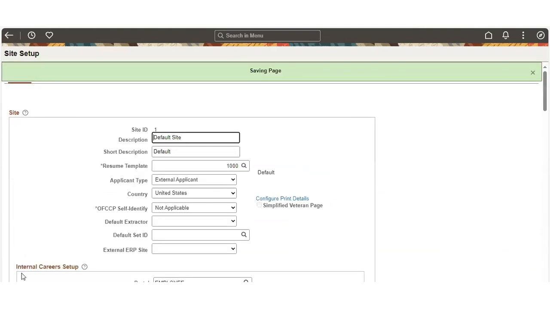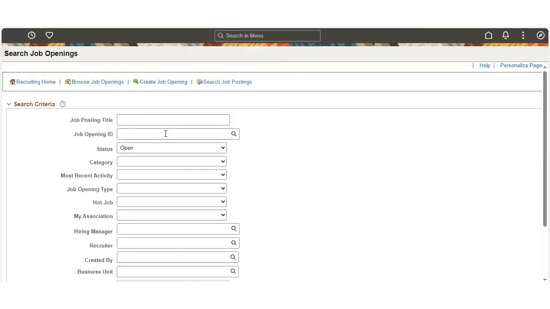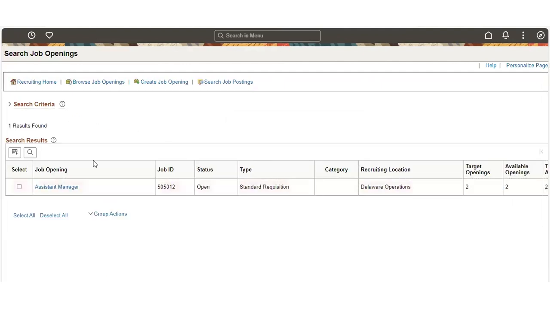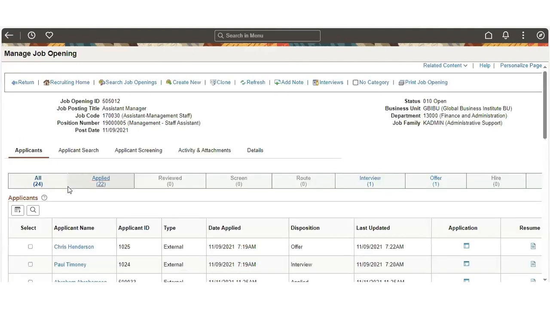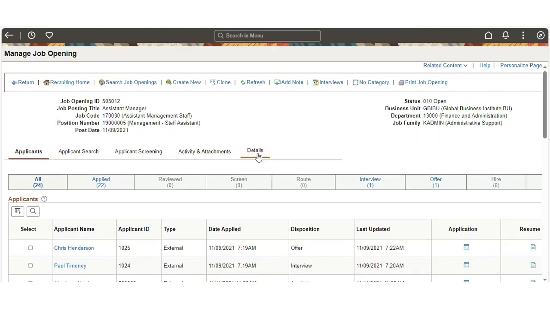and save the configuration. In search job openings, I'm searching for the job opening ID, which is already created, which is a continuous job opening. Here you can see that the job posting is for assistant manager. Here you can see the post date. There is no close date mentioned here because this job opening is a continuous one, and there are no other dates mentioned here. I'm accessing the details tab,